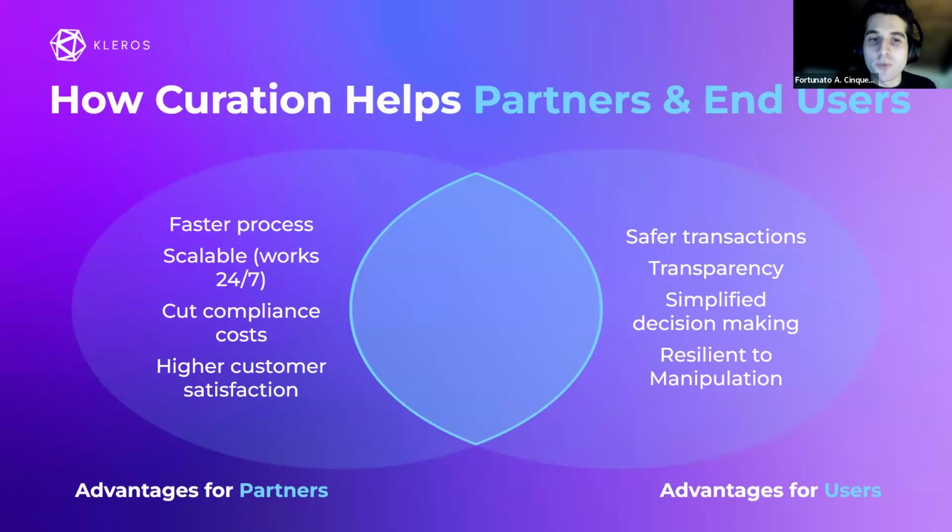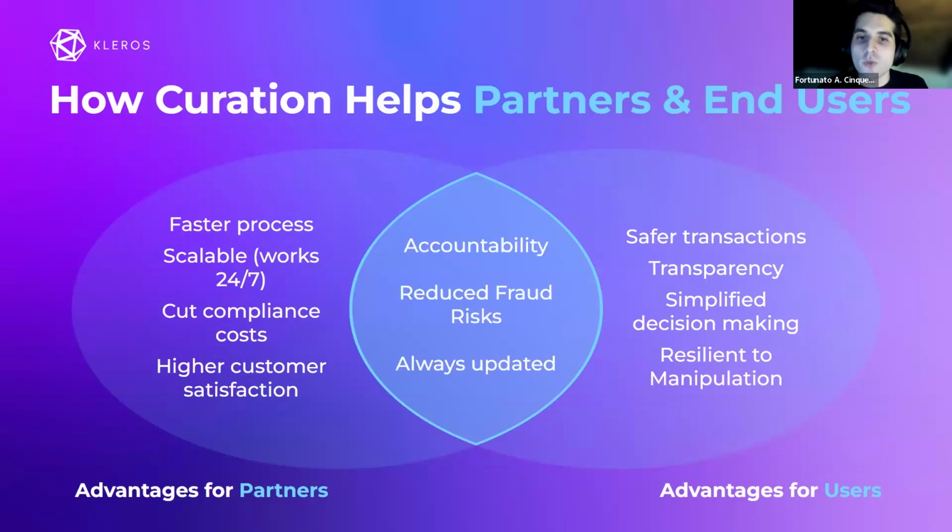And still for the partner, it's not just an advantage in terms of competition, but also an advantage in how they handle the verification process, as it can be faster, scalable, and they do not need a huge compliance team to sustain a large amount of submissions. And handling a large amount of submissions also brings a platform